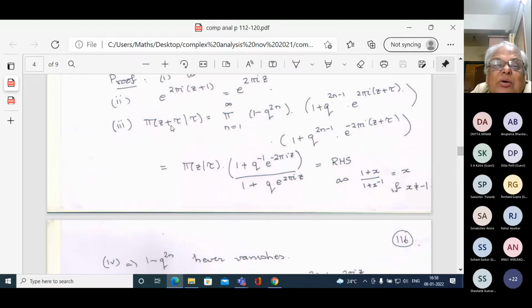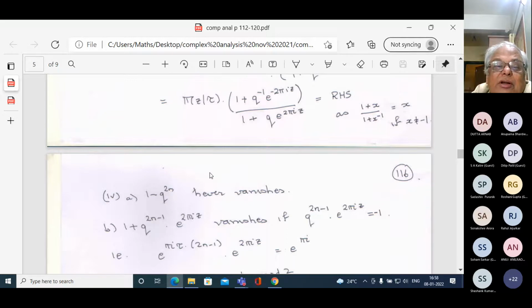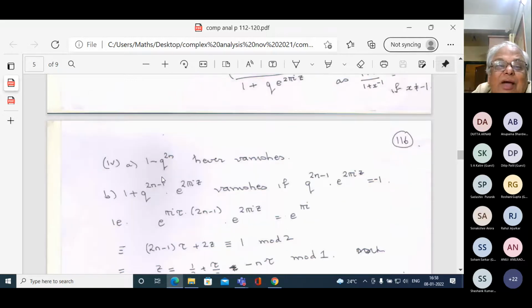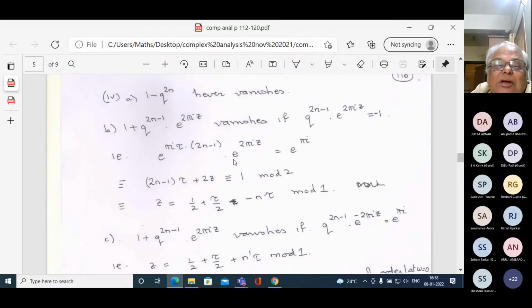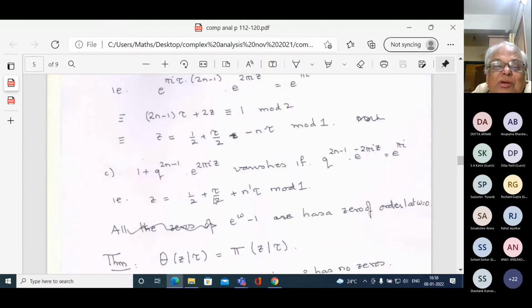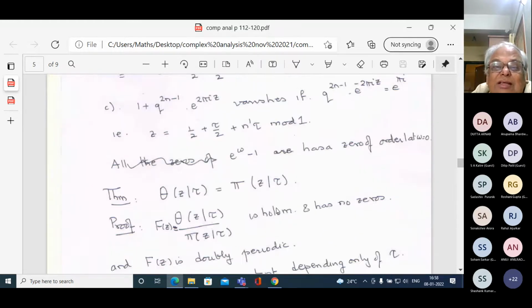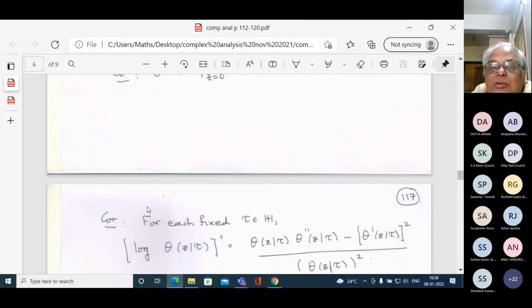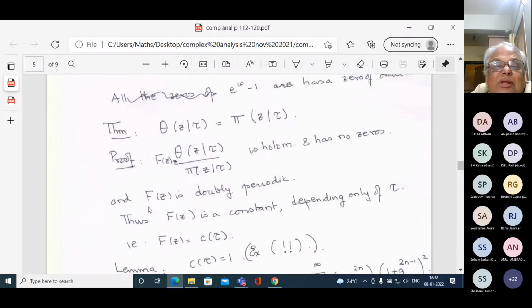Okay, so pi also has this quasi-periodicity in tau. And when does this factor vanish? The factor vanishes when e to the something is equal to 0, when that something is a multiple of 2 pi I. And you figure out what that is when each of those terms, and you get exactly these terms. Okay. And then this is where I stopped, I think. Is it? I think so. Okay. The theta is equal to pi.